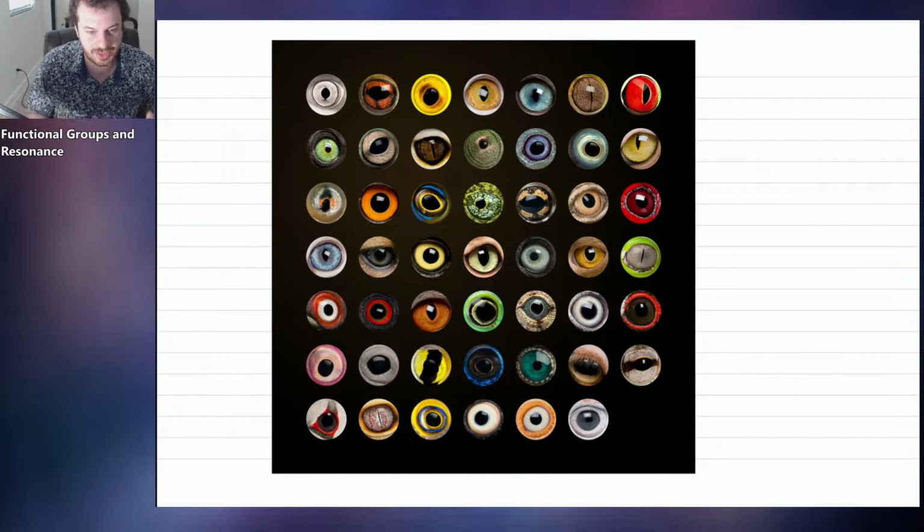But our human brain is hardwired to recognize eyeballs because we are experts at pattern recognition. We can see a pattern and identify it immediately. And so we like to apply the same sort of idea to organic chemistry. Let me show you what I mean. This is going to introduce the concept of functional groups, and functional groups are very important in organic chemistry.